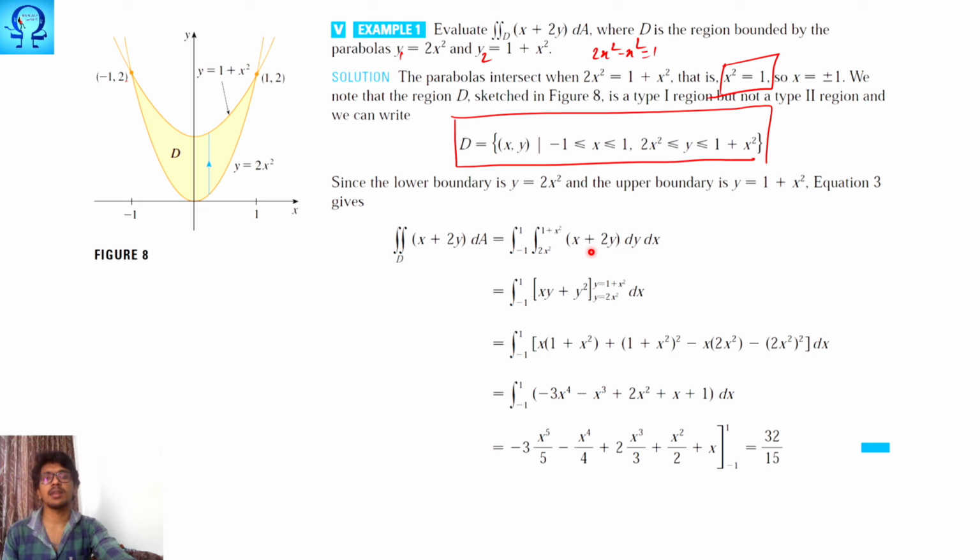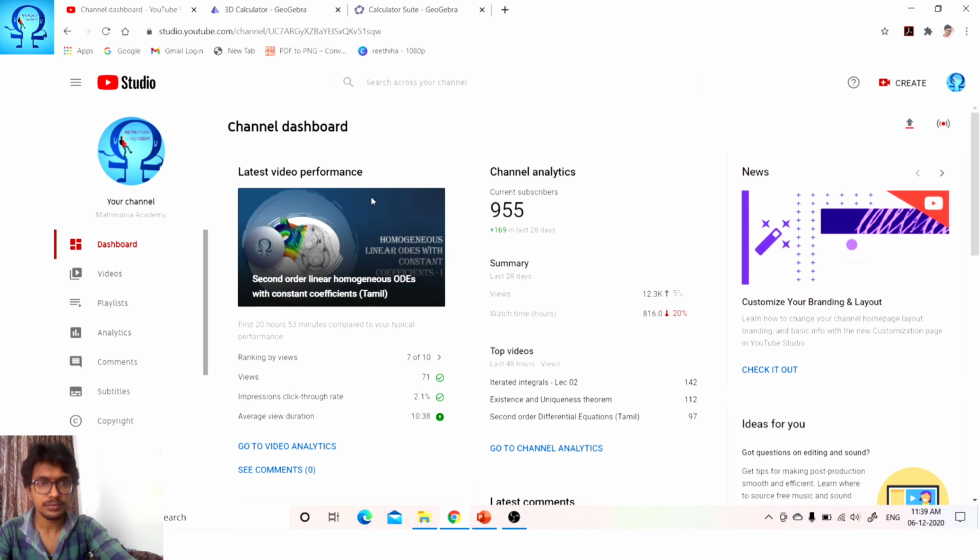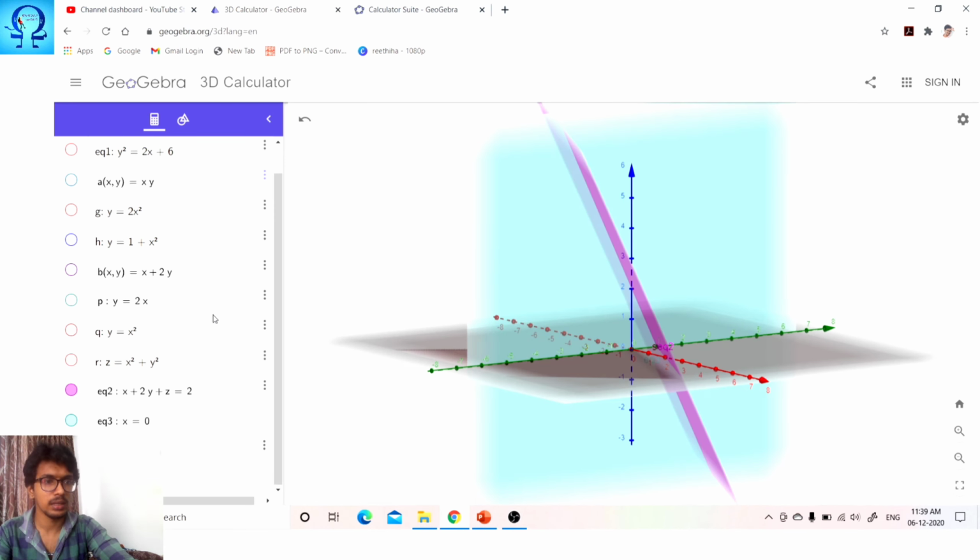You will have to treat x as a constant and do the integration, substitute the limits, and the rest is merely the calculations. That calculation you can do. Okay, here let me give you... what, yeah. So in this example,